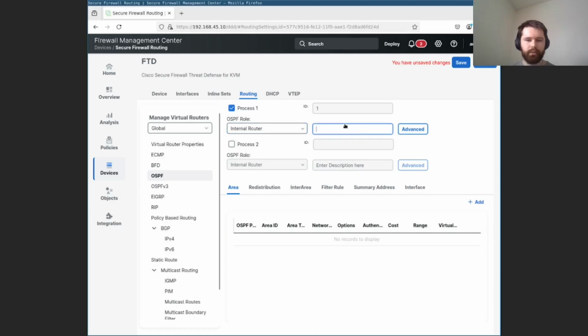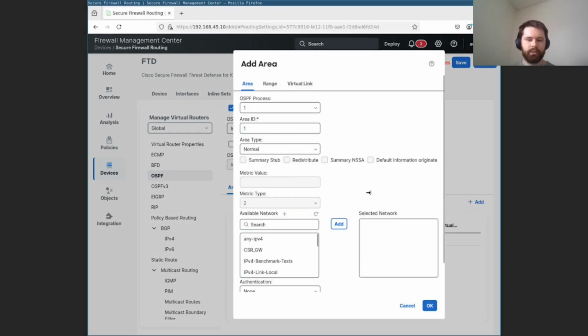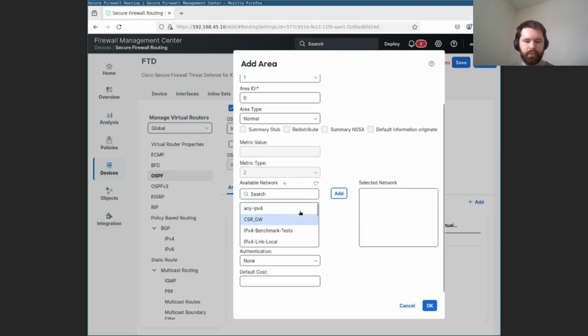That's fine. Let's add our zones. So basic process, area ID, change that to 0. Available networks, let's add